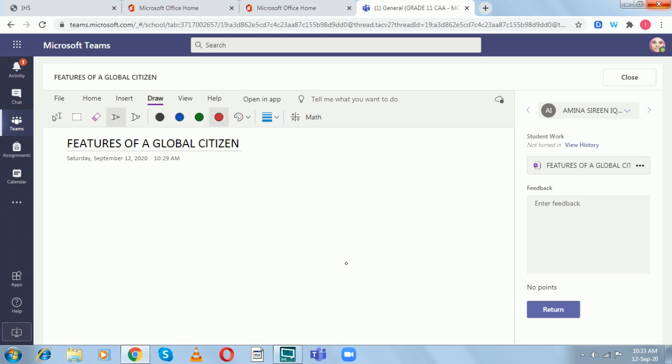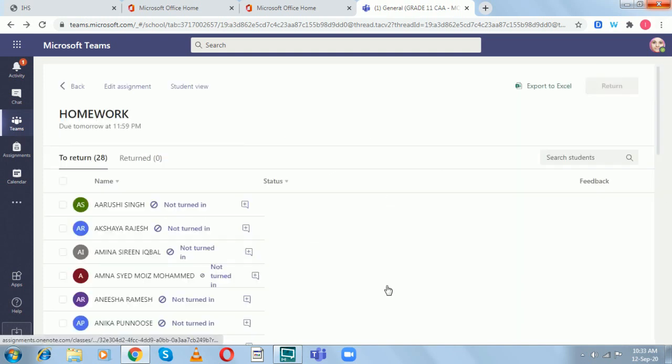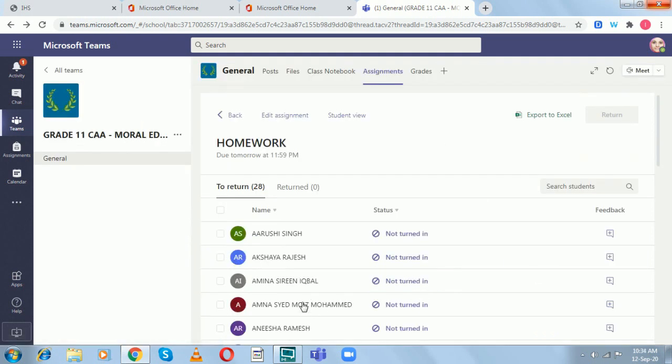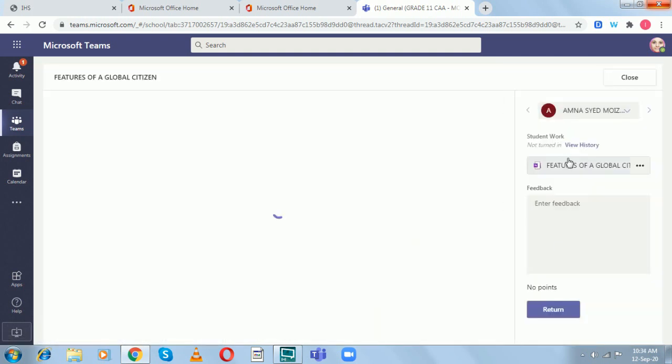That is why I said that we can choose this option to give them the homework, because this can be corrected. That sense of satisfaction of correcting the paper is felt here. And here you can even lock the page. Once the child has posted an assignment and you've corrected it, you can also lock the page. That is only a feature in the class notebook. You will not get that feature in the assignment page.